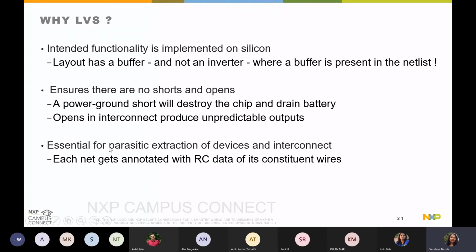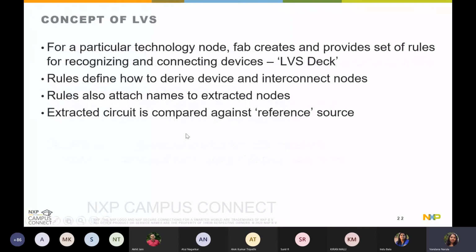And as output, this LVS deck also provides annotated net names annotated with the netlist to proceed for the parasitic extraction. And after parasitic extraction, the netlist will also get annotated with the RC data. So as we went through briefs of the LVS,